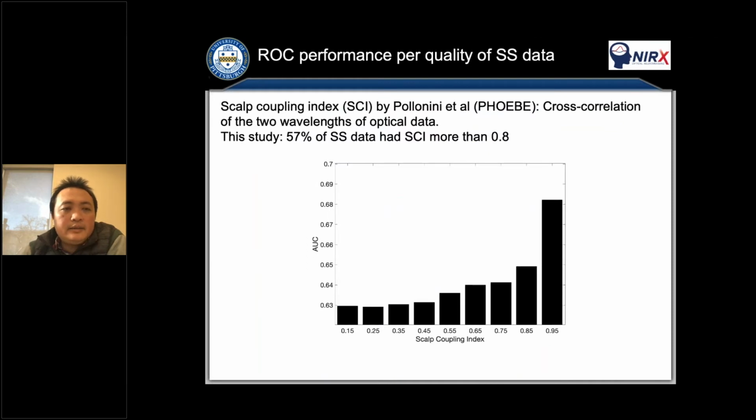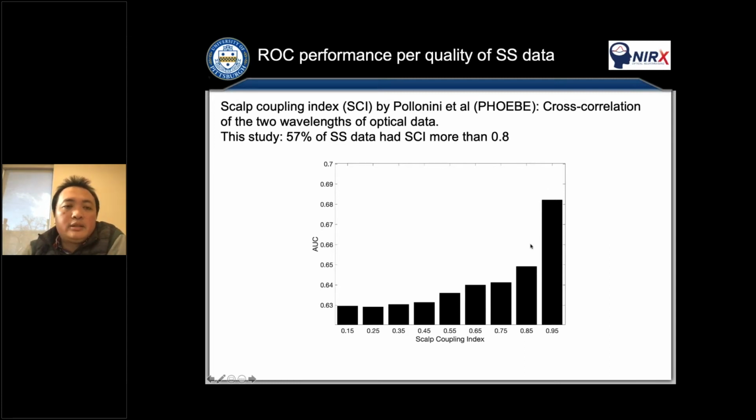And then, to look at the quality of the short separation data, we use the scalp coupling index. This is from Luca lab, from Pollonini labs, so you can look at the paper of Phoebe's papers.